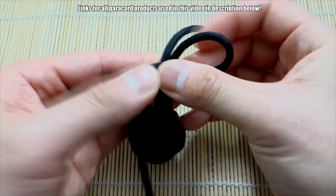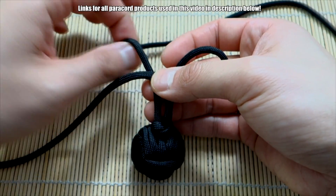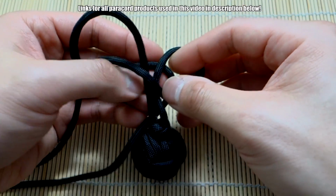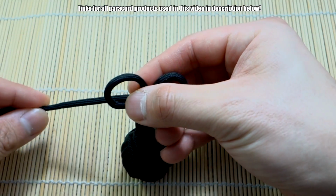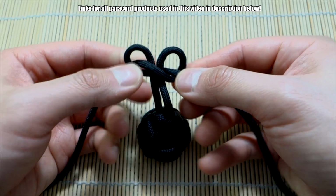Bring that cord around the right, like so. And then take this cord on the left, bring that over top, and then tie your Solomon knot like that. So the first one will be a little tricky. Just make these loops a little smaller, like so, but don't close it all the way. And then from here,